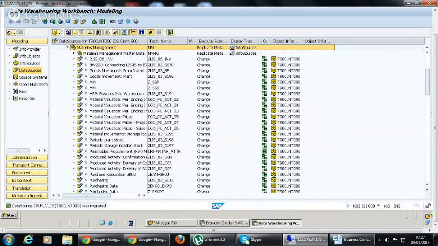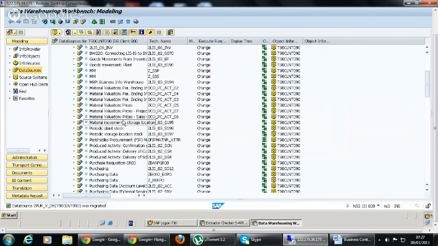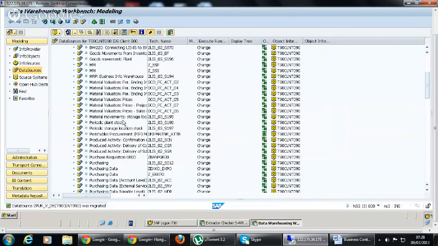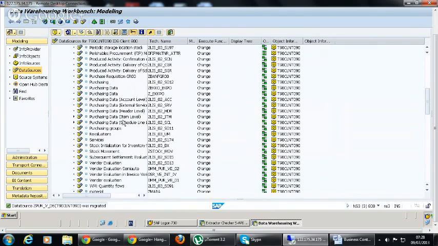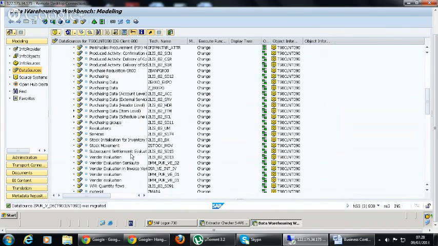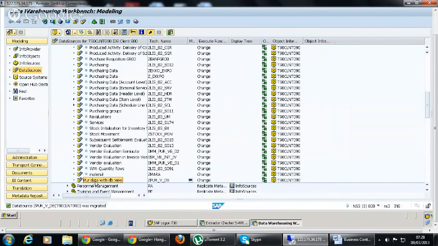So here let's see, where is it? Why can't I see that? Here you don't see the square symbol anymore in the data source because it is in the 7.0 version. Our data source is in the 7.0 version here.